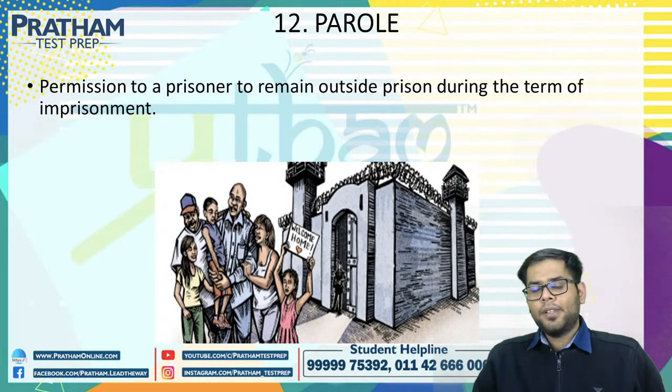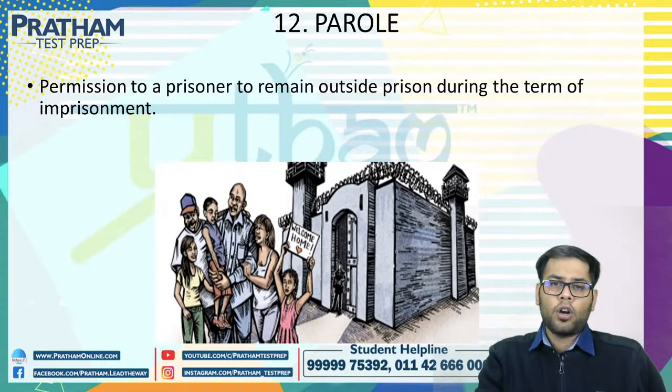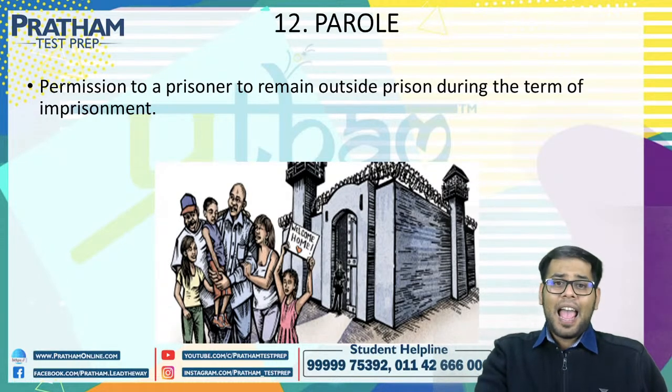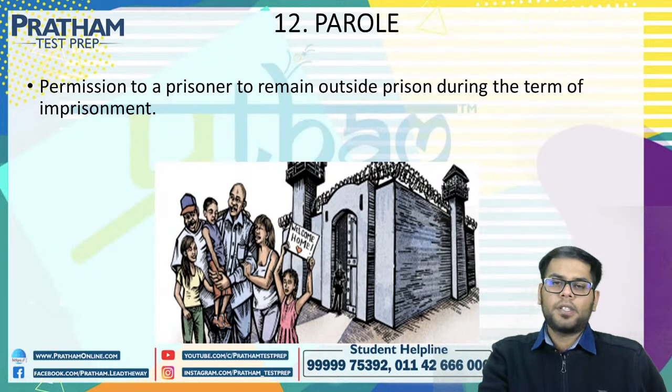And how does parole happen? A parole is given to a convict who has been a very good convict during his stay inside the prison, right? The prison guards also give a recommendation on whether he can be sent on parole or not, how his behavior was while he was in the prison, and then the court decides what crime he has committed, what was the seriousness of the crime, and whether such a person can be integrated into society for a certain period of time. So that's how parole terms are decided and how long a person can stay outside on parole, right?